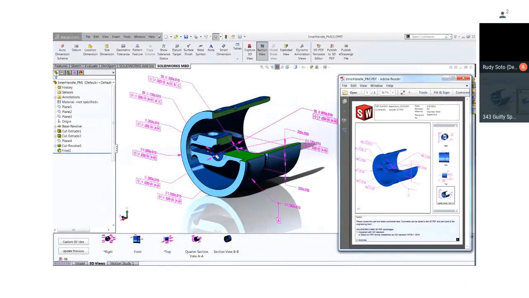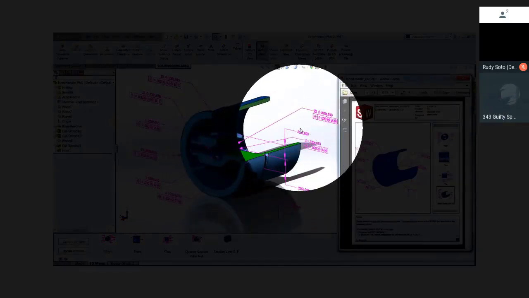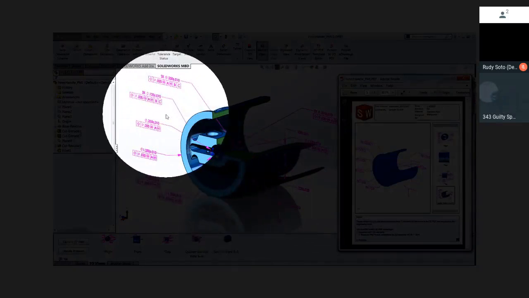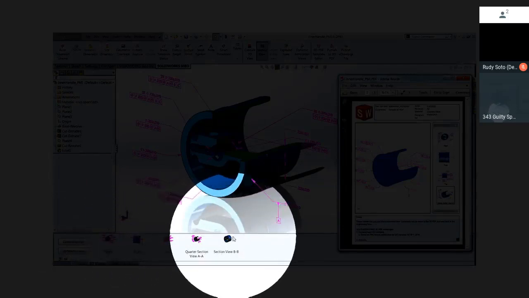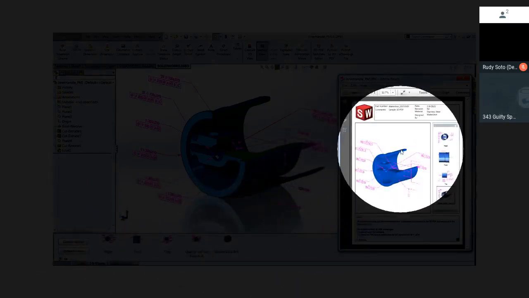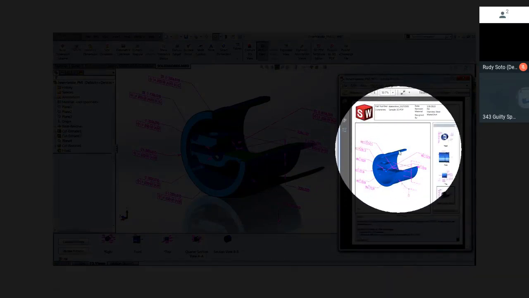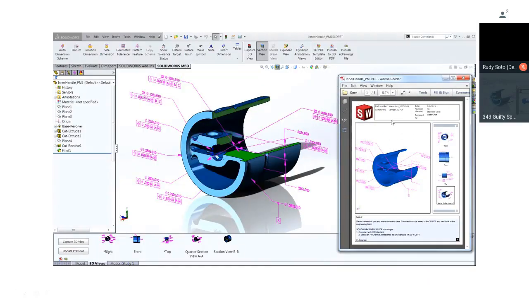Here's an example of the MBD workflow. You can see on this side of the screen, we've got the geometric tolerancing being applied through what tool? Anybody remember the name of the tool that we use? DimExpert, exactly. Down here, we create what are called 3D views. Then these 3D views can be output to a 3D PDF, and that can be shared with the manufacturing team so they know what dimensions are critical. When you share this 3D PDF, you also will often share a STEP file with the manufacturing team, so they've got a 3D model.